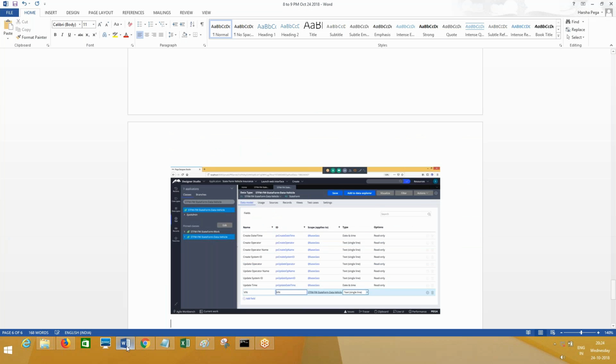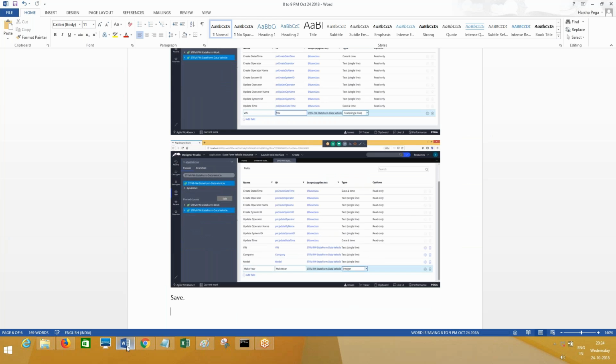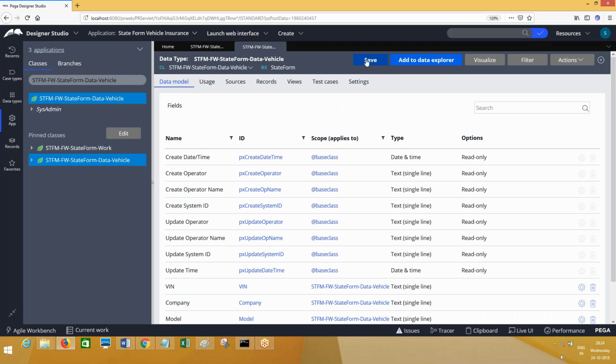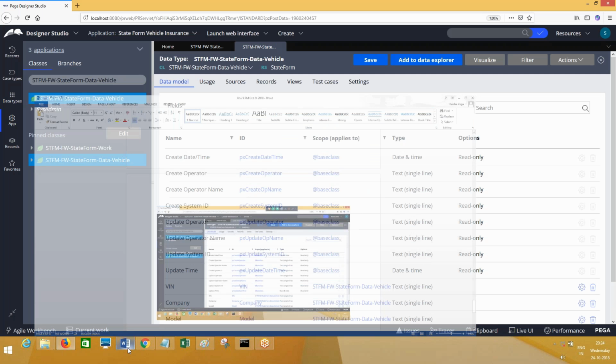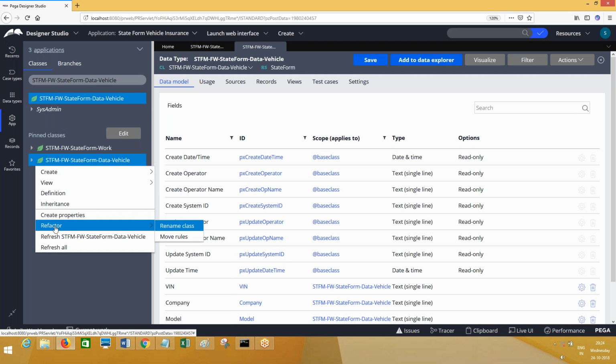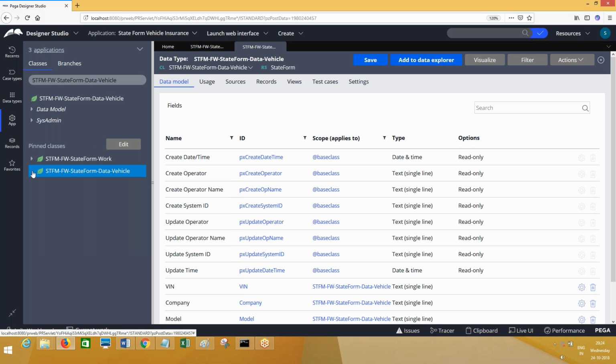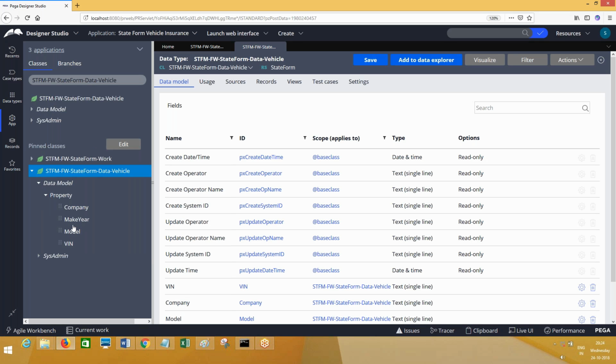Save this. So once you save this, on top of the screen you see the save button. See, if you refresh this now, where is it? Down. So if you refresh, you should see the properties came. Four properties created. So using this wizard, you can add multiple properties without navigating again and again at one place. You want to change this also, you can change. I will show you again later when we are creating other properties.